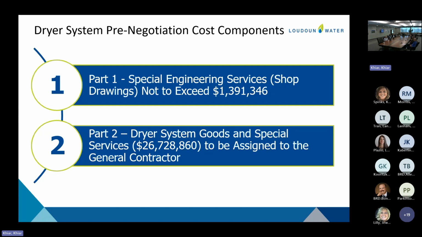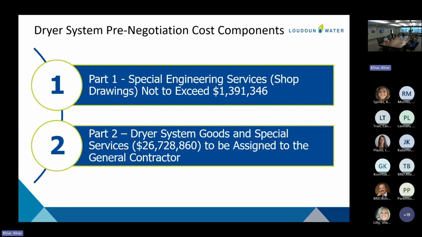So when they're doing the special design, it's the vendor doing the design. Are they the engineer of record then? No, Hazen is the engineer of record for the project. Andritz is just the design vendor, or the specialty design vendor. But there's a lot of coordination between the two. The other thing is, until they get through the special engineering services, the cost associated with the actual dryer system could change. Is that correct? It could change, and there are provisions to deal with escalation. Okay.